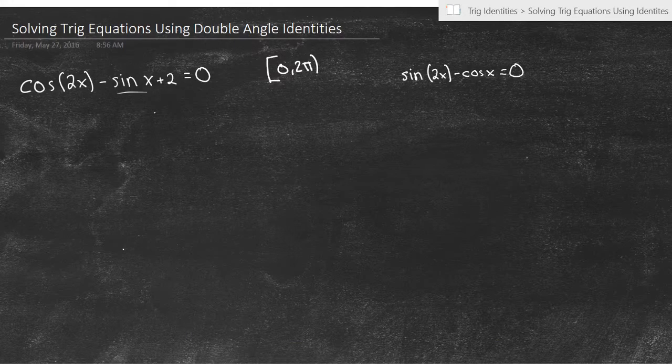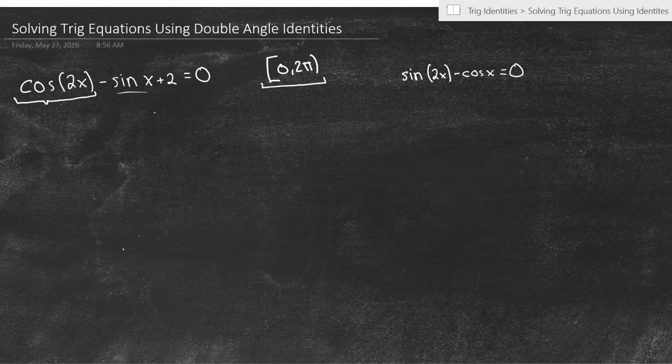Hey guys, so today we're going to do a video on solving trig equations using the double angle formulas. And so here we just got two examples we're going to work through. Both of them are going to be solved on the interval from 0 to 2 pi. And first thing I see here is that we've got this cosine 2x, and that's the harder of the two